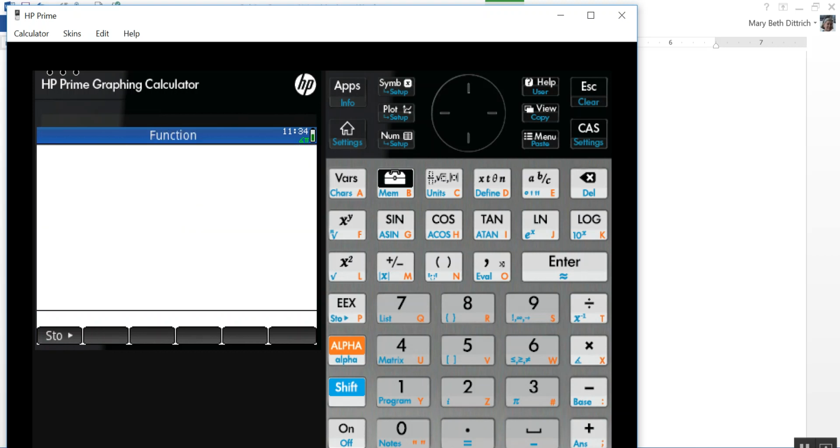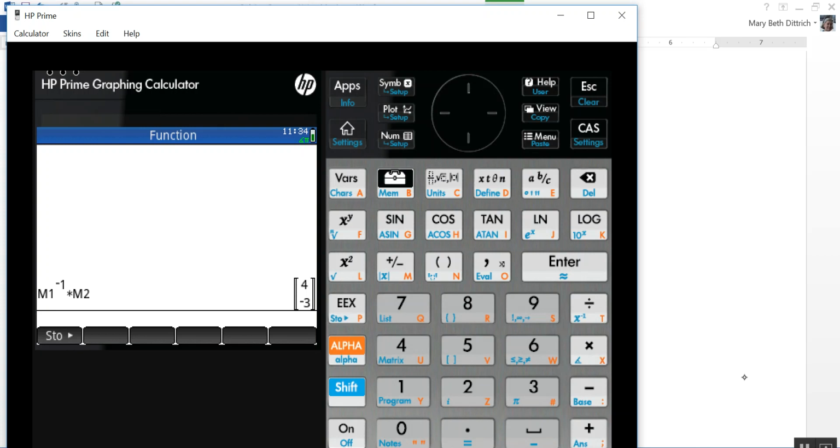So let's go back to the home page, and now I want the inverse of my first matrix times my second matrix. In this case, my first matrix was M1, and I can actually just do alpha and this right here to give me M1. So that's naming the first matrix that I put in, and I want the inverse of that, so I'm just going to add a -1 exponent, okay, times, and then I want matrix 2, so I'll do alpha M matrix 2, multiplying the two of those, hit enter, and my solution is the 2 by 1 matrix